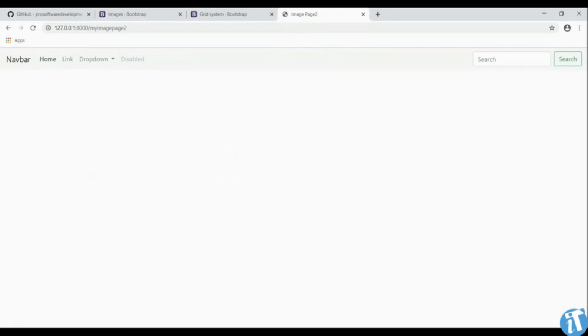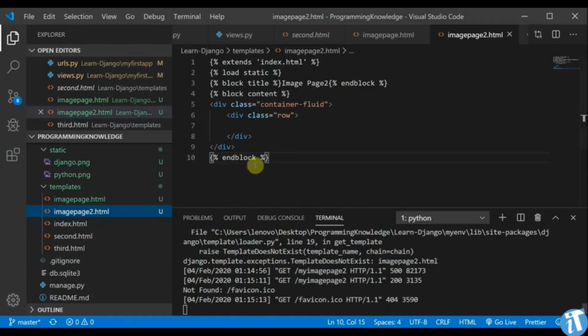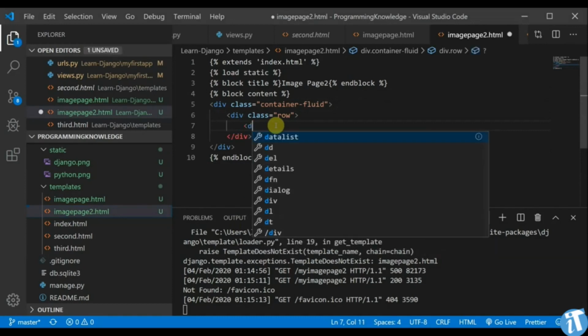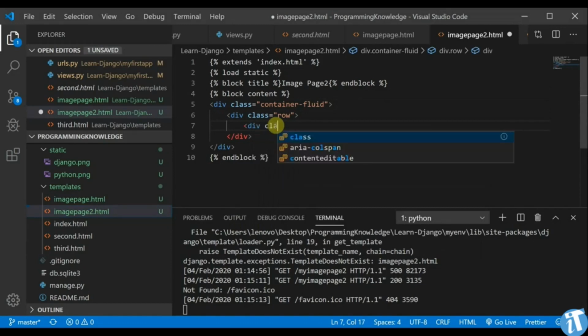So what I'm going to show you is the beautiful nature of Bootstrap here. This is a container fluid, which you'll always mention. Then inside this container fluid I have a row. Now I'm telling my Bootstrap to divide this row into two columns: div class is equal to col-md-6,